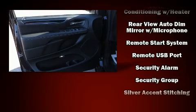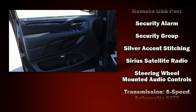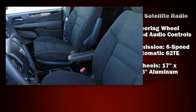With side curtain airbags supplementing the rest of the safety network, you can be assured that you and your passengers will experience